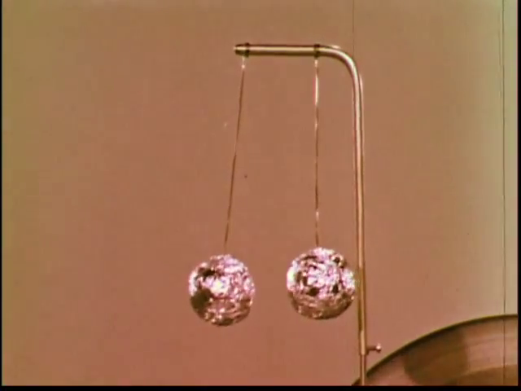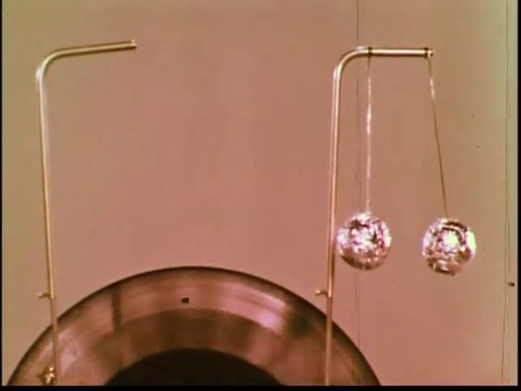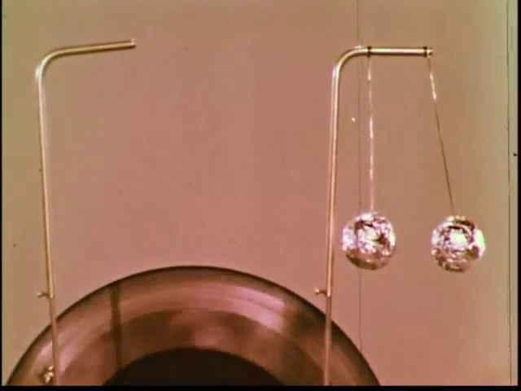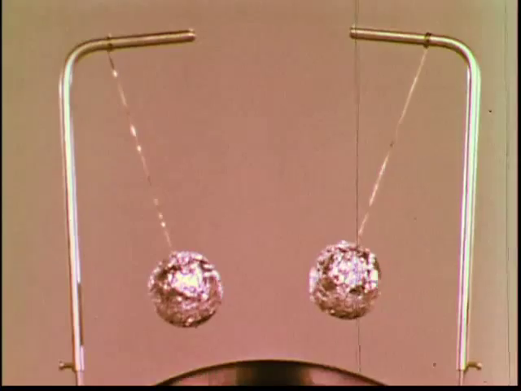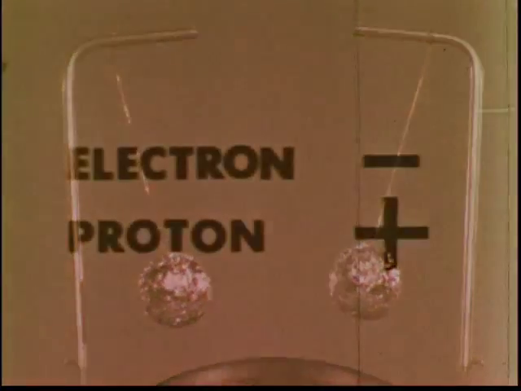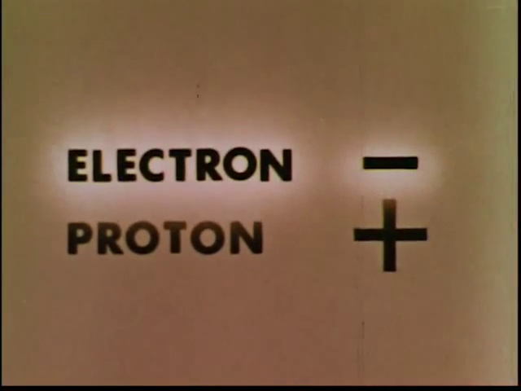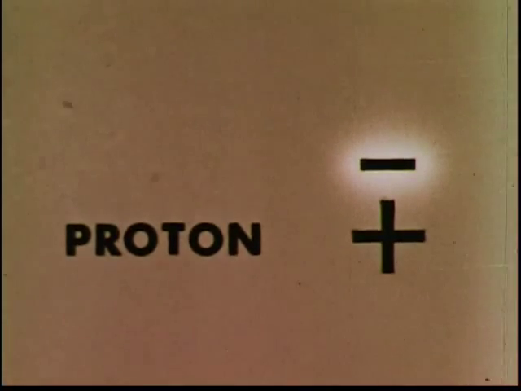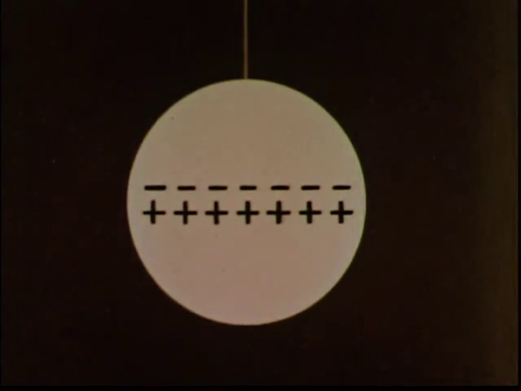Thus, if the spheres are suspended from the same electrode, regardless of which electrode it is, the spheres repel one another. When the spheres are suspended on opposite electrodes, the spheres attract one another. Let's try to explain these attractions and repulsions using the electron and proton model of matter. Electrons, represented here by a minus sign, and protons, represented here by a plus sign, are present in all matter. We represent the many billions of electrons and protons contained in one of our spheres with these few symbols.